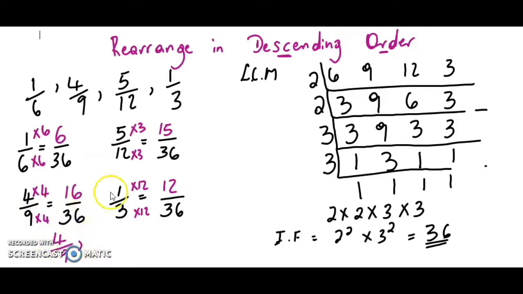And what's my next fraction in line? So 16 over 36, then 15 over 36, which is the same as 5 over 12. So I'm going to put 5 over 12. And my next fraction would be 1 over 3. And the last one would be 1 over 6. So this is my answer. If I'm going to rearrange in descending order, I have 4 over 9, 5 over 12, 1 over 3, and